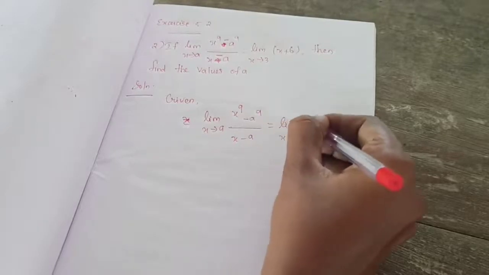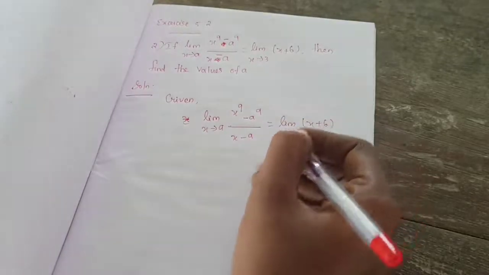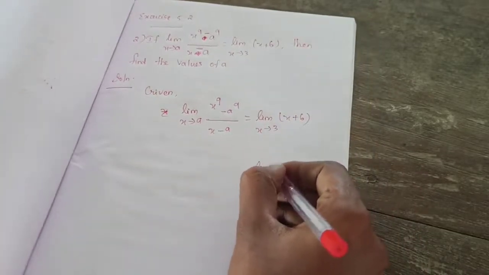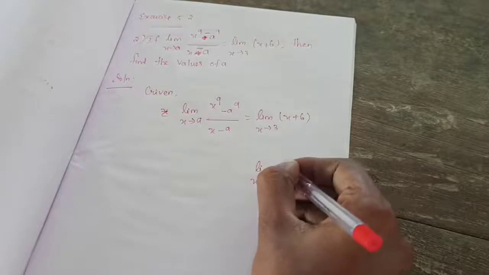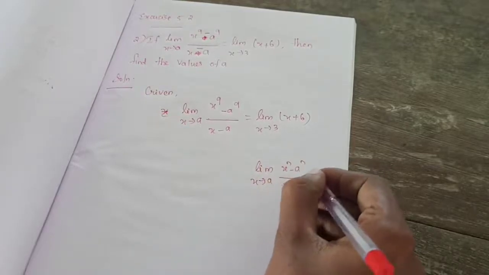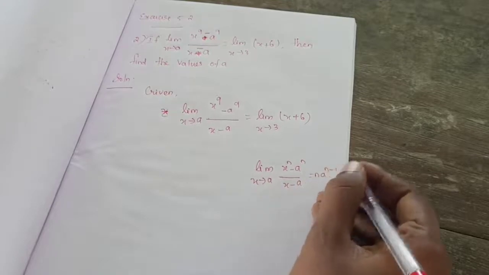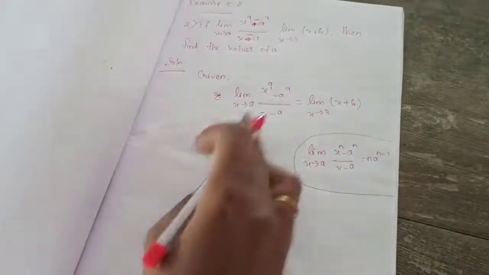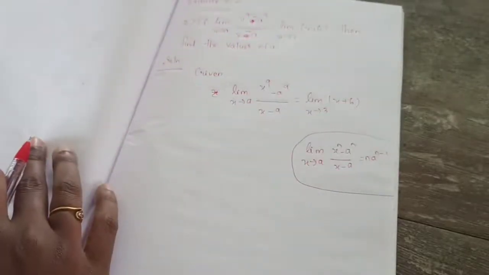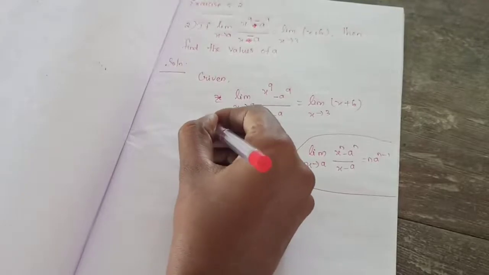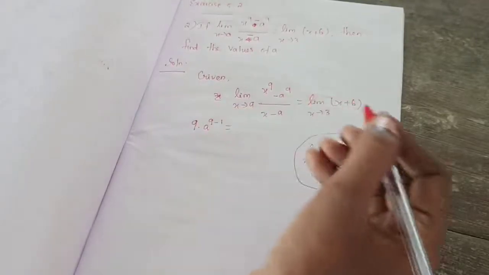x tends to 3, x plus 6. This is the question, it's given. So we have learned in standard limits that limit x tends to a, x power n minus a power n divided by x minus a is equal to n a power n minus 1. You have learned in standard limits. So we are going to use this here. So n a power n minus 1 you can apply. So what will happen? n value is 9, so 9 into a power 9 minus 1 is equal to